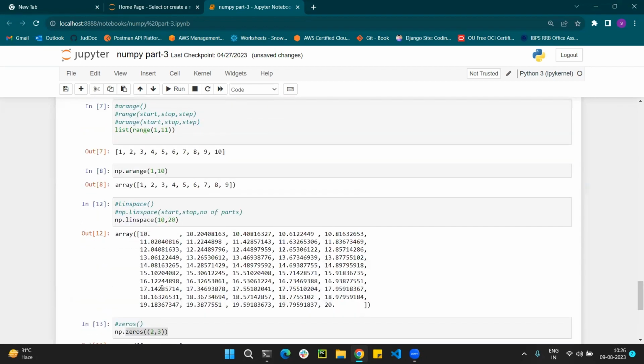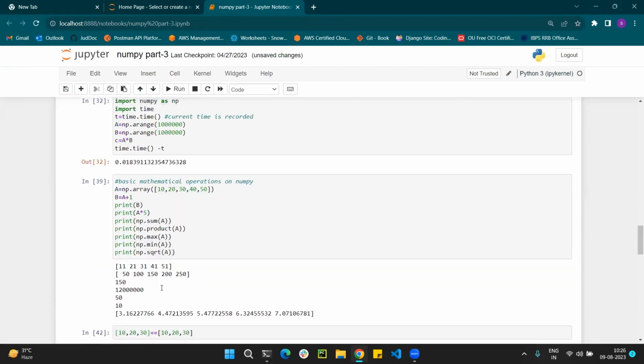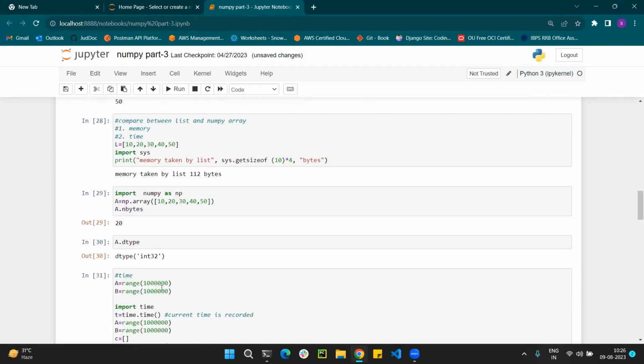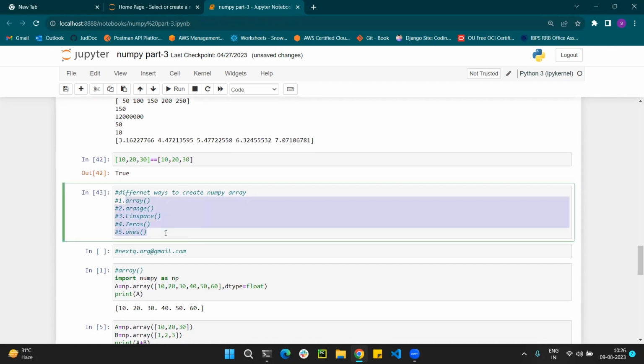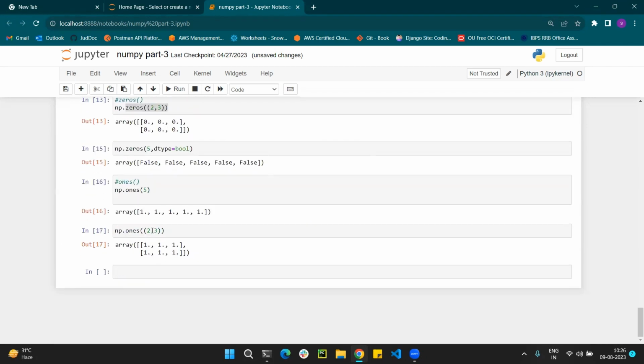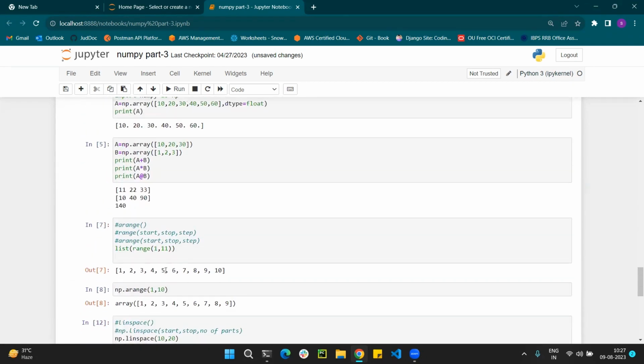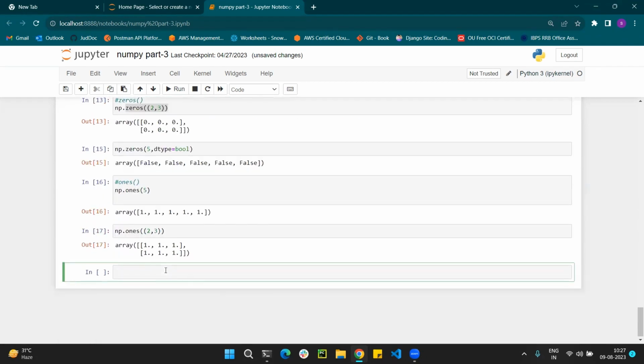Okay, so we have already covered these things. There are different ways to create a NumPy array. We have already covered array, arange and linspace, and also zeros and ones. Okay, so now we are moving forward to another thing. These are basically the main things to operate on our NumPy array, and another thing will be